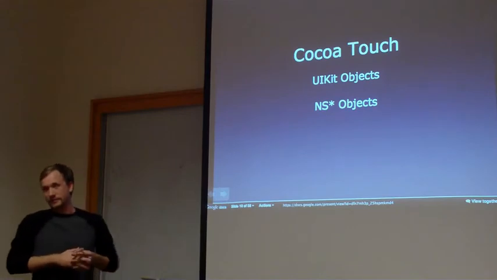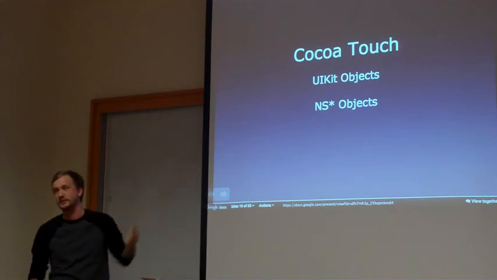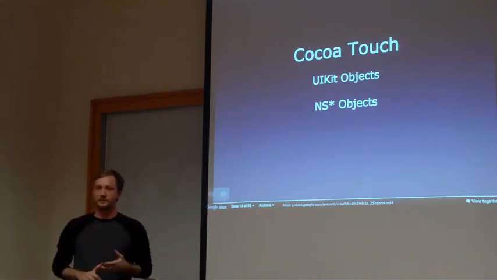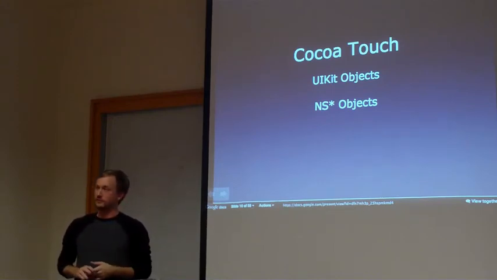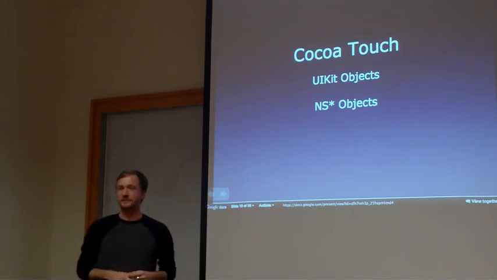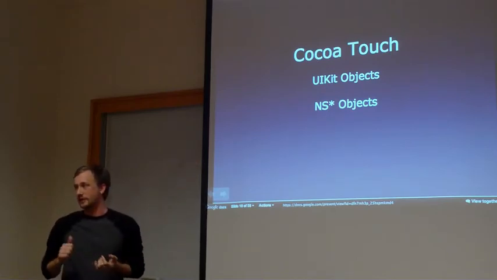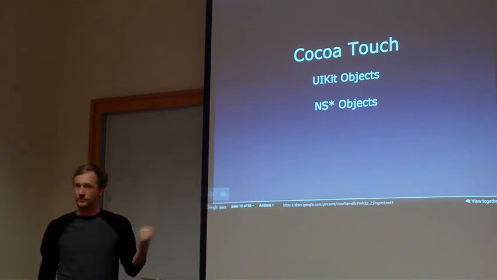Objects in UIKit. We've got two main types of things. We've got UIKit objects. Views, it's a UI view, UI button, UI text field. There's tons. Something you should get used to is Apple is incredibly verbose with naming things. There are several objects that are probably 30 characters long, impossible to memorize. Autocomplete is amazing.